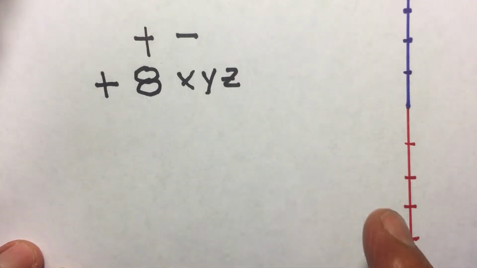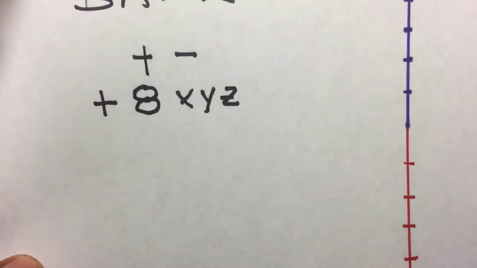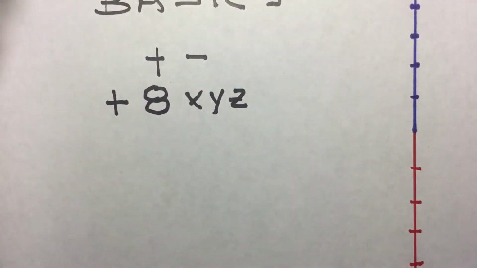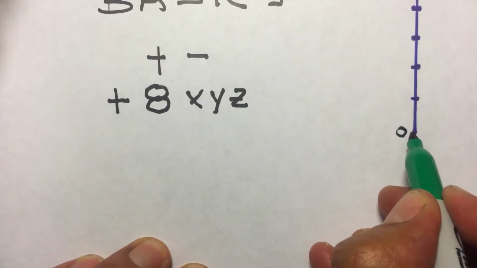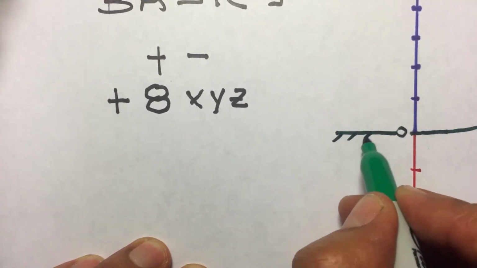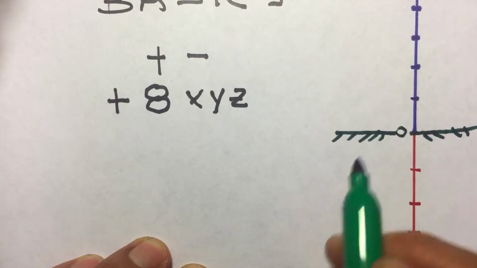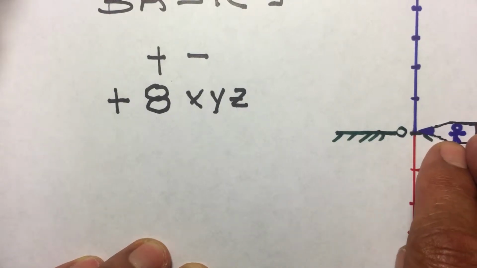In order to do that, we are going to use this vertical axis. In this vertical axis, what we have is a 0 that's going to be here. It's going to be like the earth, and this is the ground. And then we are going to have an elevator going up or down. This elevator will go up